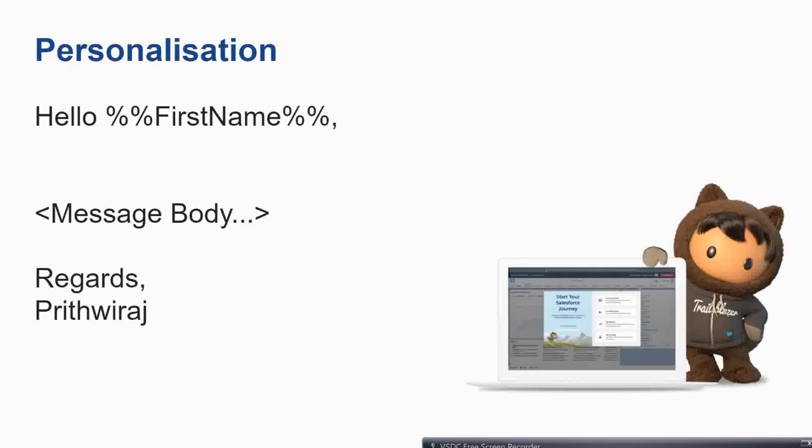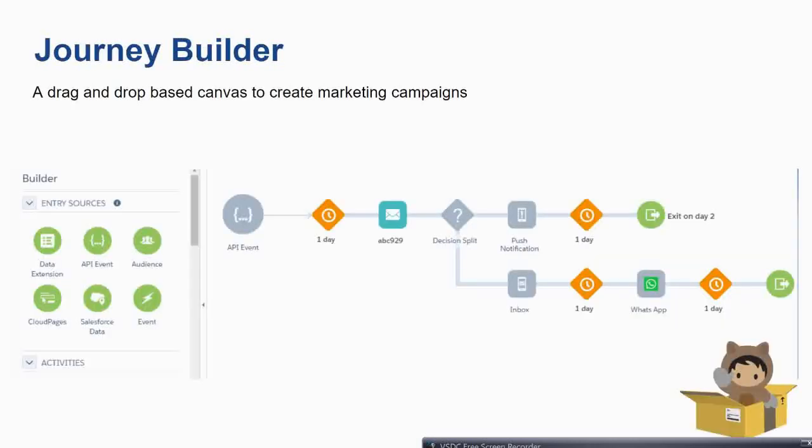So here we have personalization. As I said, we can personalize each email, SMS or push notification based on the user. Why is this personalization needed? It brings a common factor where the person or user feels more connected. For that purpose, we have personalization. Now we go to the next section.